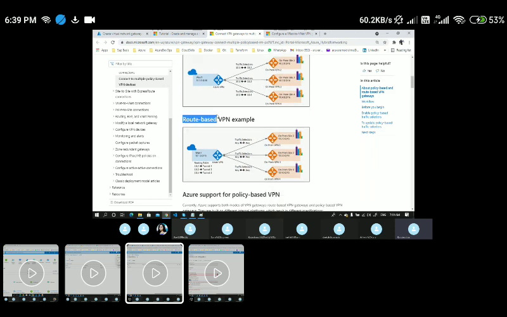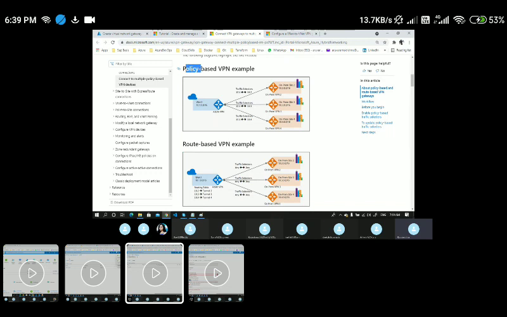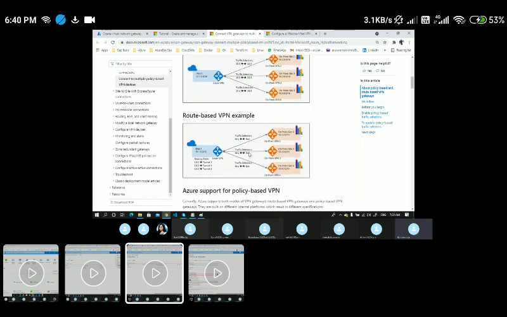And when you go with route based, it is any to any. Traffic selectors any to any. It could be anything, like 10.1 or whatever it is, it will not look for the prefix mapping. So when you compare with policy based, route based data transfer will be faster because it is not wasting time identifying the prefixes of the IP addresses. If you want a fast data transfer, go with route based by default, or else if you go with policy based, it will authenticate the IP prefixes first. These are the two high level major differences.